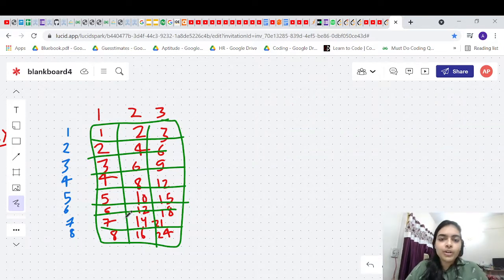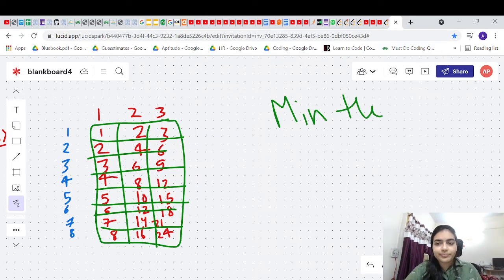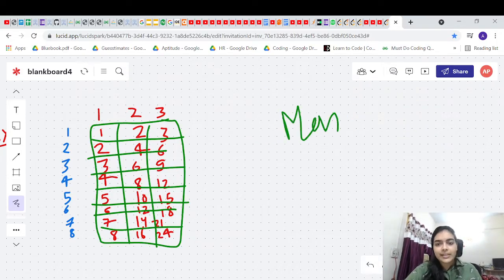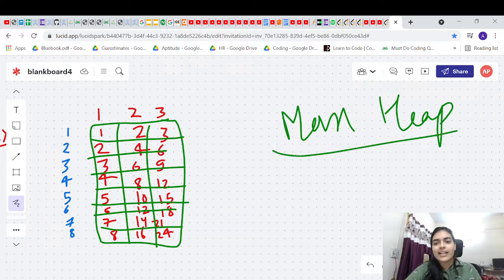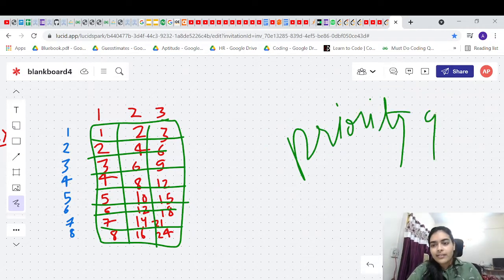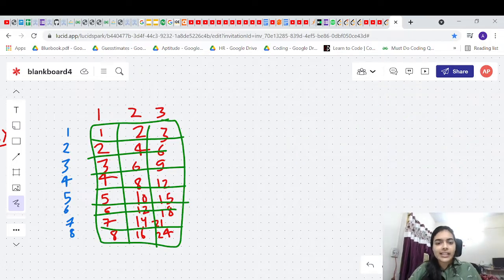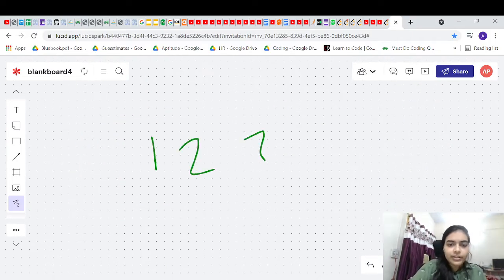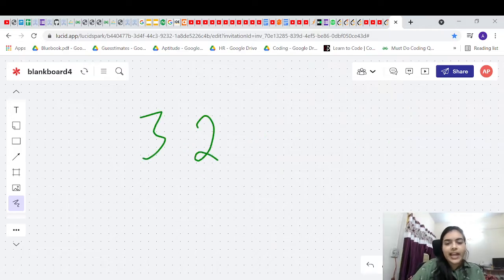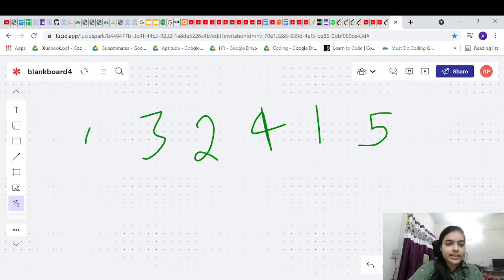You can try to use one beautiful thing which is called a min heap. Basically, a min heap or max heap, which we use for smallest or largest, is nothing but a priority queue. Suppose we want to find the kth smallest element. Let's see the algorithm. Let's say you have numbers 1 2 3 4 5 6. I'll just jumble them. Let's say I put them 3 2 1 4 5 6, something like this.